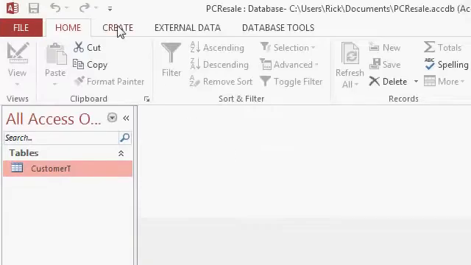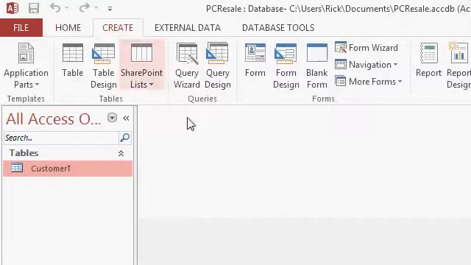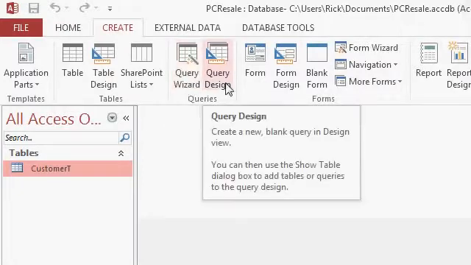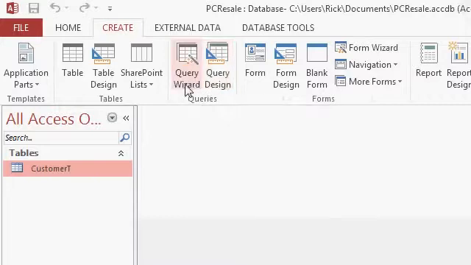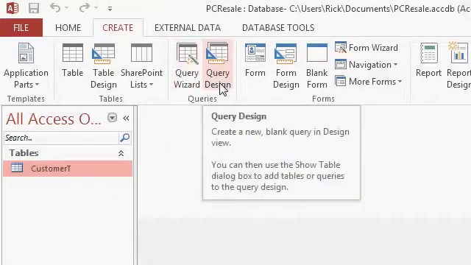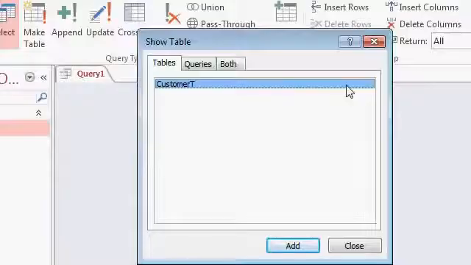So come up top and click on Create, and then you'll see a Queries section. There's a Query Wizard and Query Design. Now the Query Wizard is okay for building some of the more advanced queries, but right now we're just going to build a simple query, and I want to teach you how to do it from scratch. So click on Query Design. The first thing you'll see is a blank query has been created in the background, and you now have the